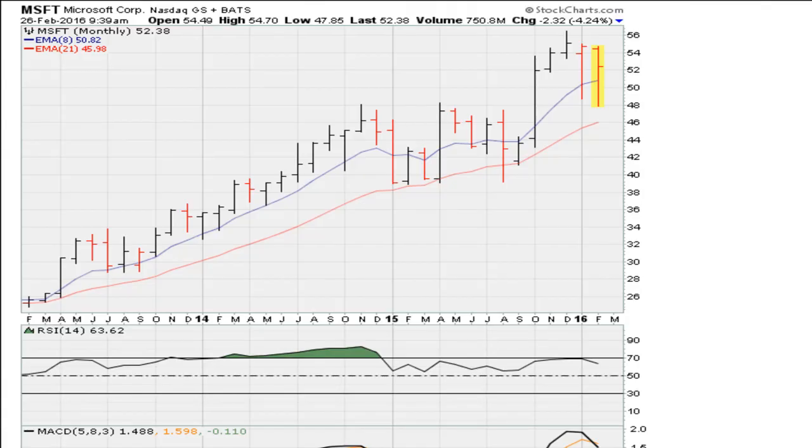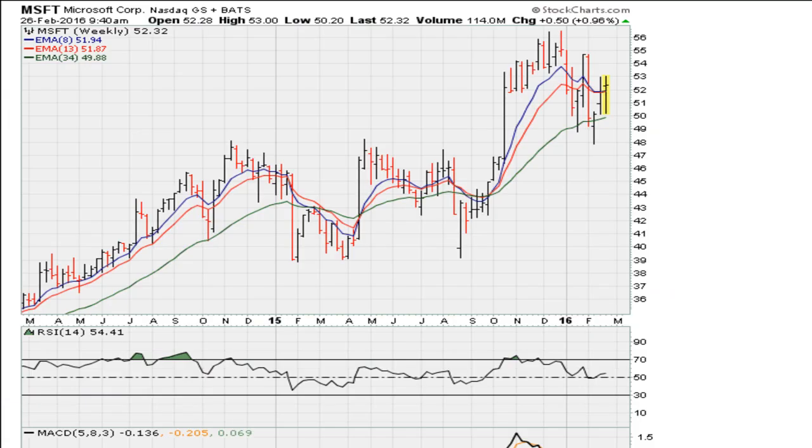Okay, so let's take a look at 3 stocks and determine if the stocks are potential short ideas. We begin by taking a look at Microsoft. This is a 3-year monthly chart. Before I do that, let's go to the weekly. Just want to show you that we can also see that on the weekly, based on the previous highs, we